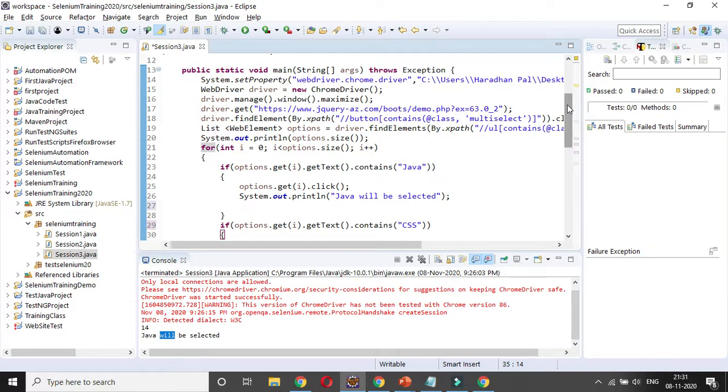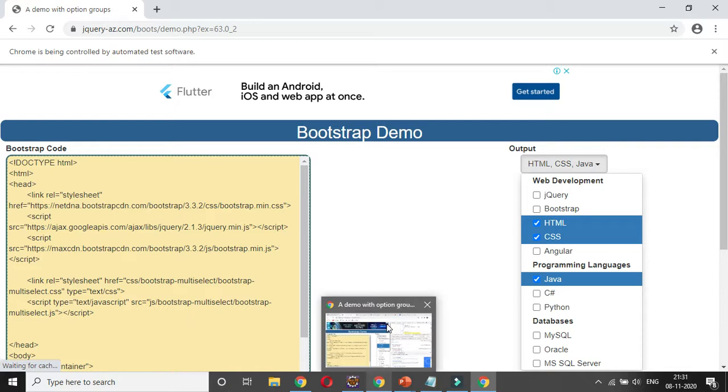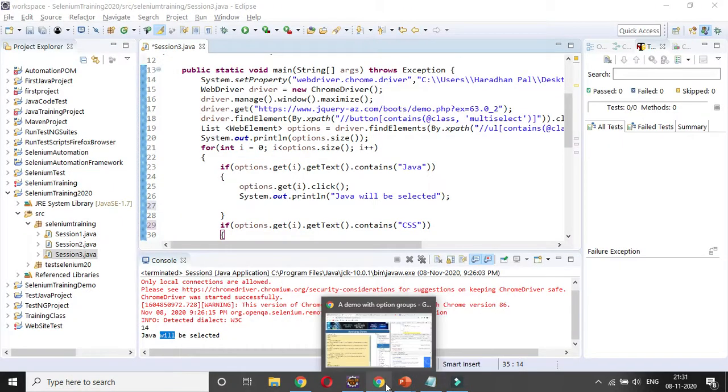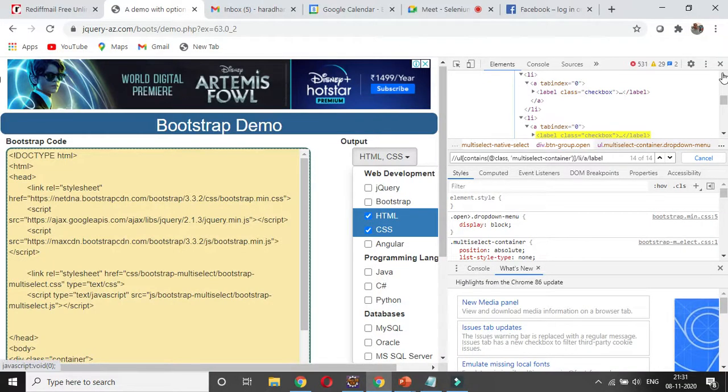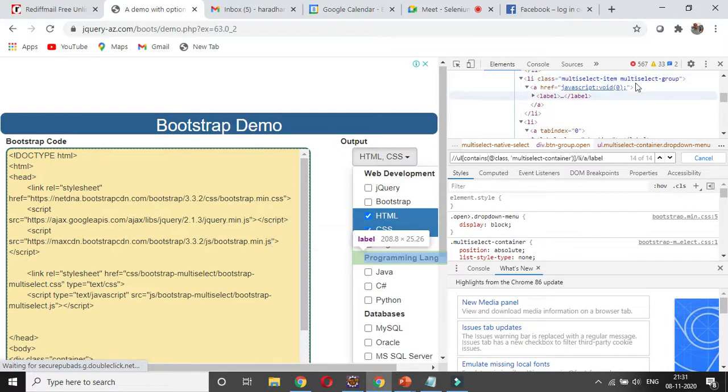So you know the basic syntax, how to create the XPath first, right? So with the help of this, you have to traverse in the forward axis or reverse axis to create the XPath, in case you are not able to uniquely identify the thing, right? So here you can see it is starting with UL tag, right? First with UL tag. So I need to give the tag name UL.